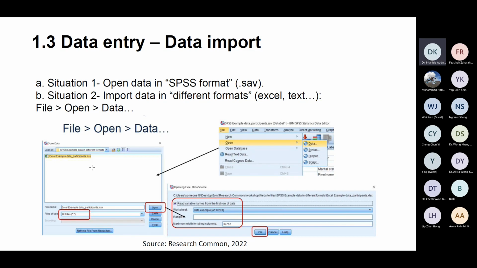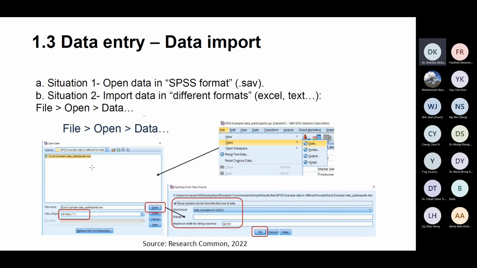Situation 2, you need to import the data. Like in this case, you have it in Excel. It means that you have to import the Excel version into SPSS. So these are the steps that you need to do.